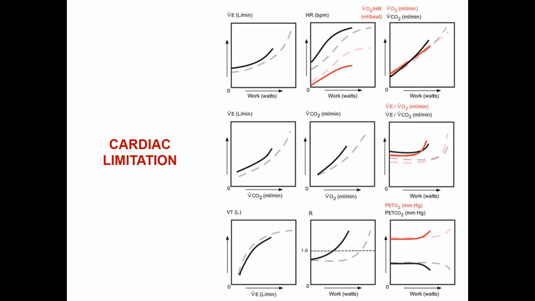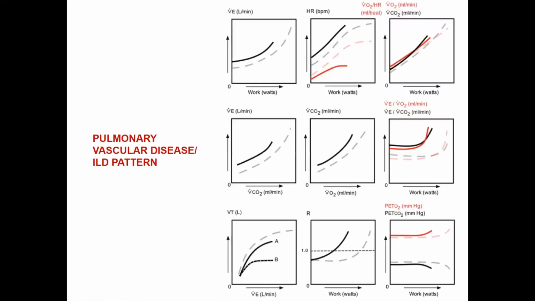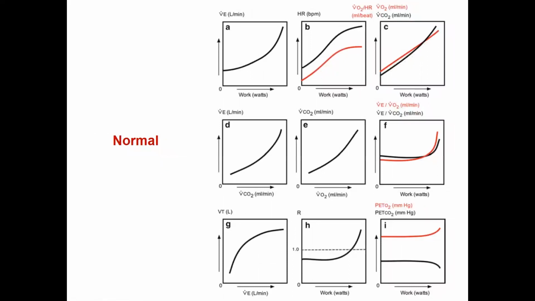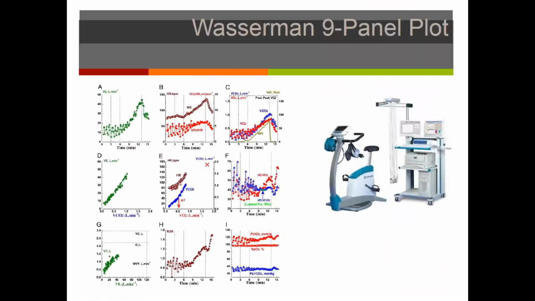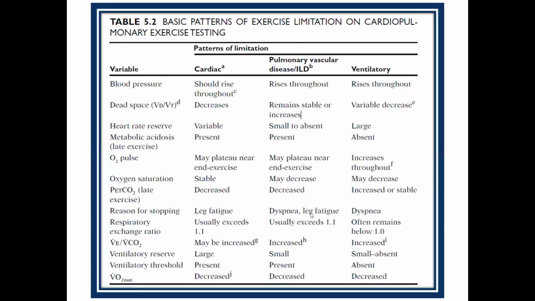So in a cardiac limitation, pulmonary limitation, and pulmonary vascular disease and ILD pattern. Okay, so let's go over this. Now we'll go back to the table. So let's go in terms of the cardiac output limitation. If you are limited by your heart,